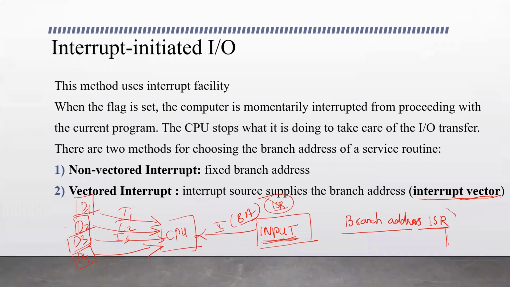Take an example: you are working on a Word document, creating a Word document, and you are waiting for a page to load, and your computer is using an interrupt method. Instead of waiting for the page to load, you can work on your Word document, your job, and leave the page to load in the background. When the page finishes loading, that page will pop up. So you will know that the page is loaded. If you have kept one page open, it pops up and you finish and carry on with what you are doing.